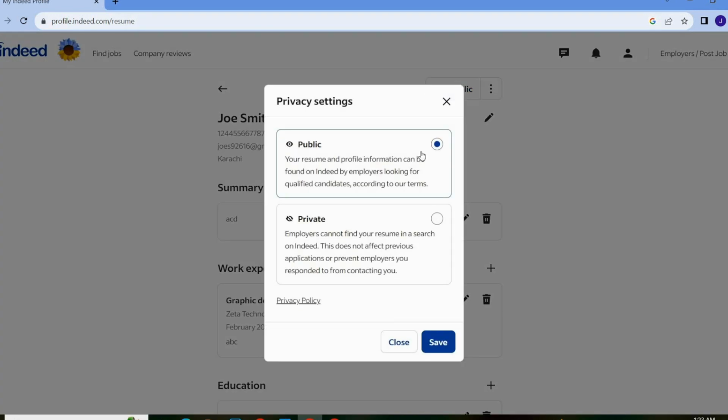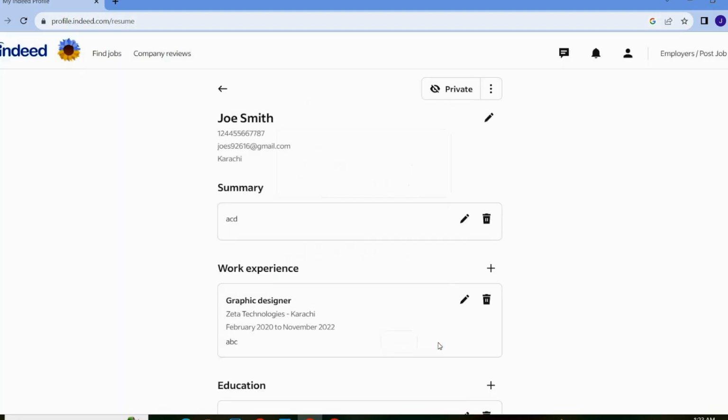Just simply click on it and here you will see the pop-up on your screen and you have to change public into private. Click on private and then click on save. So guys, when you click on private, then nobody will be able to see your resume or your data on Indeed. So guys, this is how to change